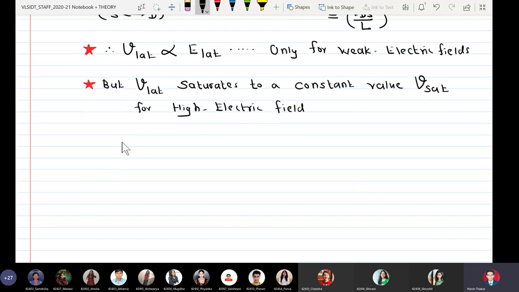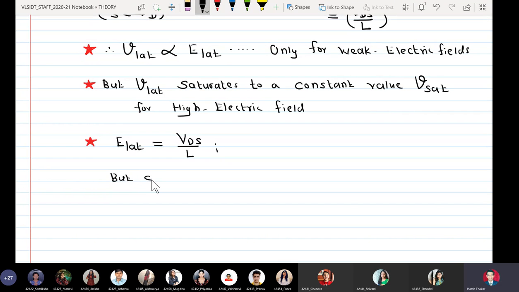Now why does high electric field come into picture here? Because the lateral electric field E lat is equal to drain to source voltage upon L,